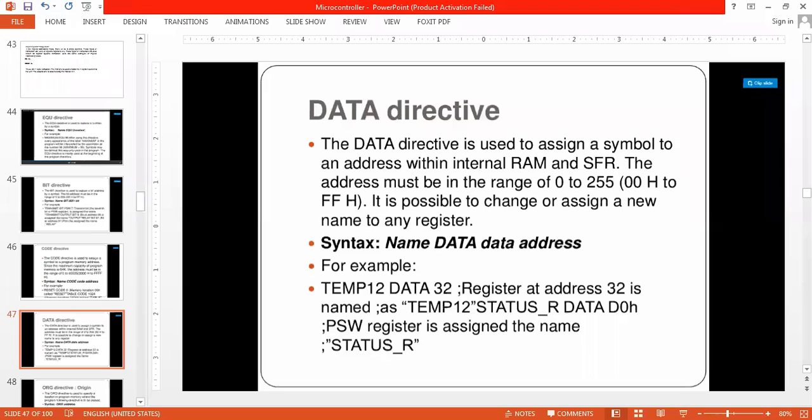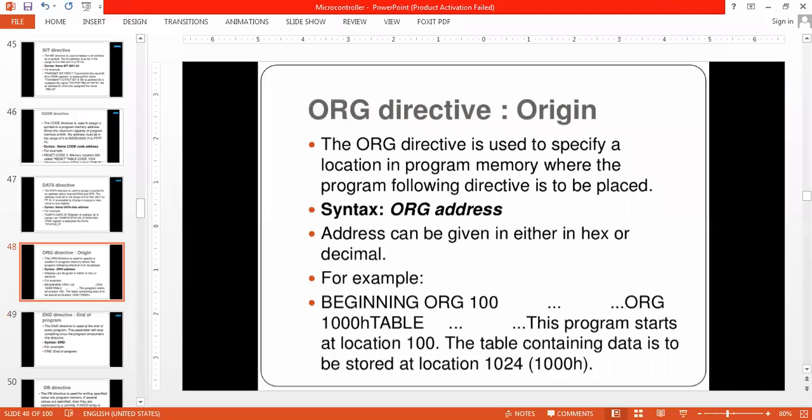Then I have the org directive. This is directing the assembler in what way it has to work.